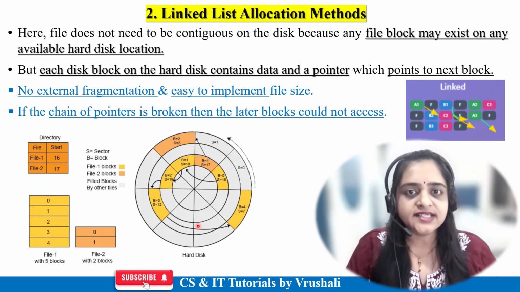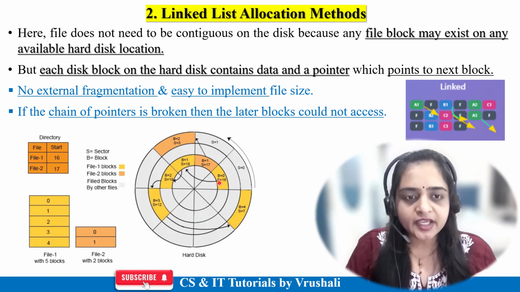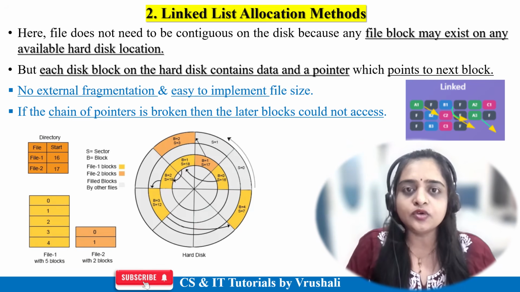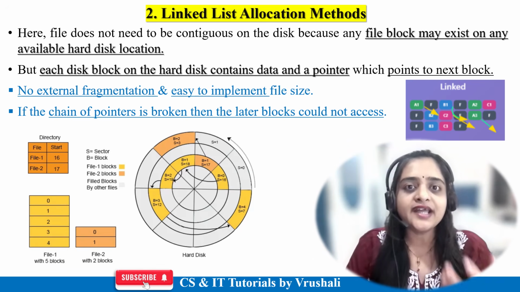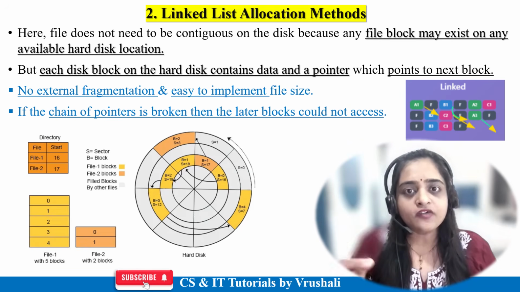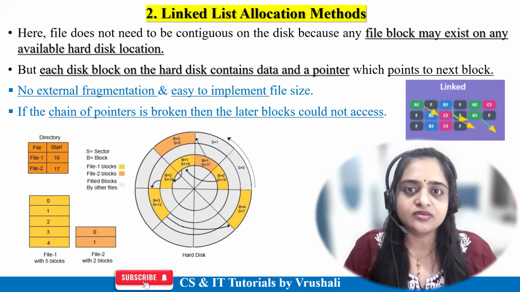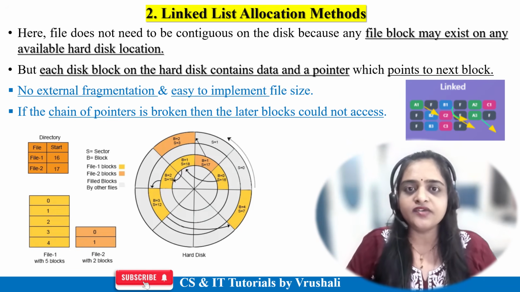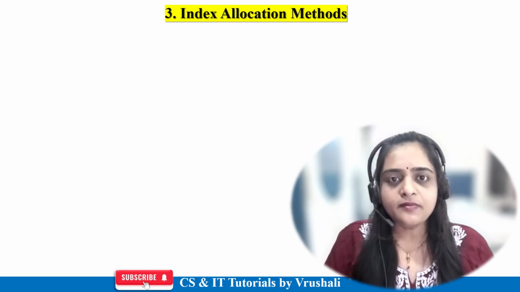But what are the disadvantages of this? If this chain of pointers is broken, the user can't access a particular file in a sequential, proper manner, right? Some part of that particular file is missing. So this is the disadvantage of the linked list allocation method. Now the next one is